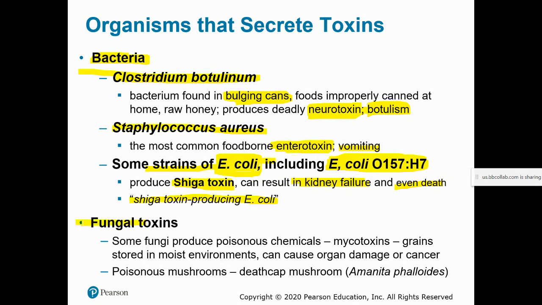And then we have fungi, right? We have different fungi that can produce toxins. Rather than yeasts and molds that you might see growing on a food, with the yeast and the mold being the pathogenic thing itself, we have some mushrooms that produce different toxins that, if we ingest them, that's what's poisonous and infectious to us. The toxins produced by fungi, we call them mycotoxins.